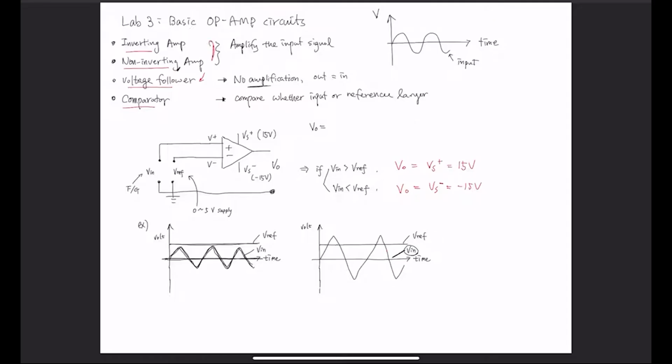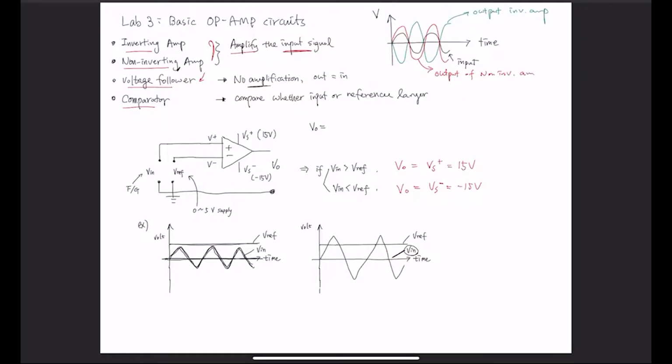The inverting and non-inverting amps are circuits that amplify your input signal. For example, if you had an input that looks like this here, then the output for an inverting amp is going to be amplified and inverted. So that's the inverting amp. This is the output of the inverting amp. And the output of the non-inverting amp is non-inverted, so it is in phase with your input. So this is going to be the output of